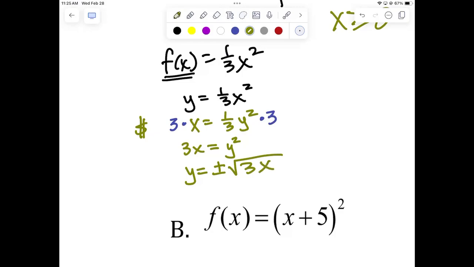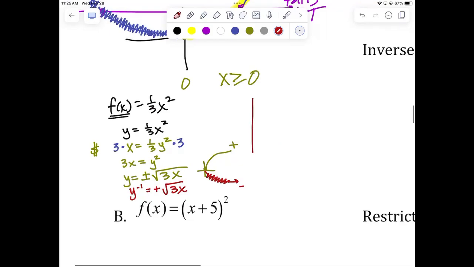Now here's where it differs. Do I want both the plus and the minus? No. The plus is going to give me the top portion. That's the plus. The negative is going to give me the reflection across the negative. I don't want the negative portion, do I? Okay, because I restricted the domain, so I'm only going to get the positive version. So we're now going to say y inverse equals positive square root of 3x, which, if we fancy that up